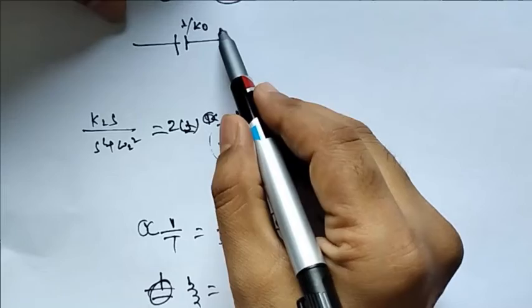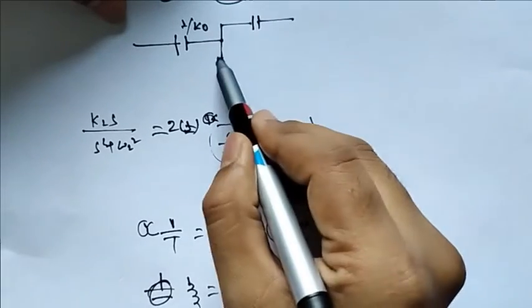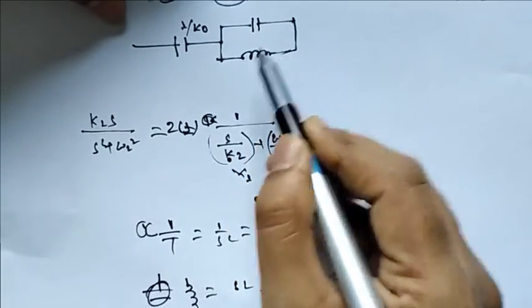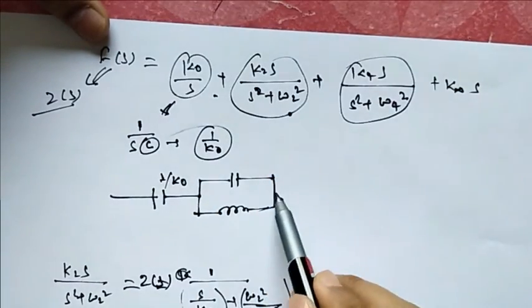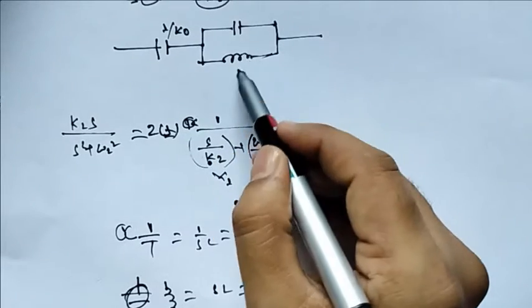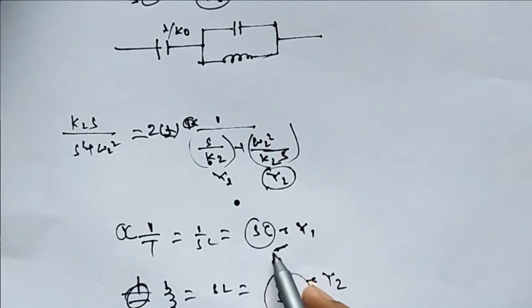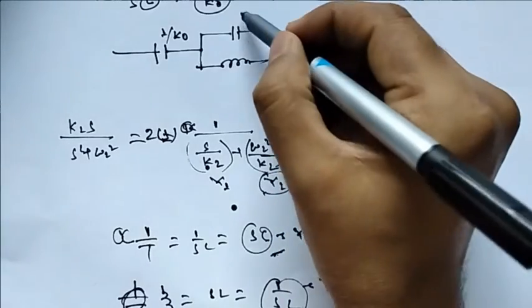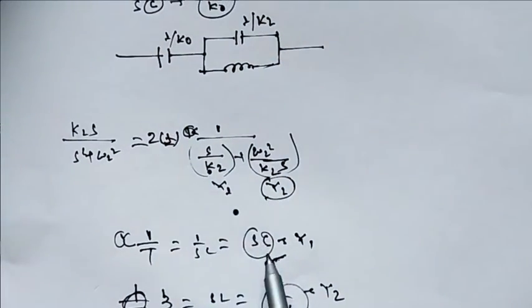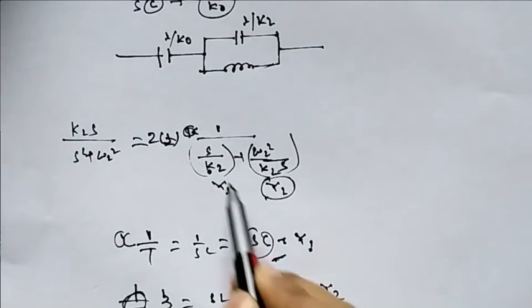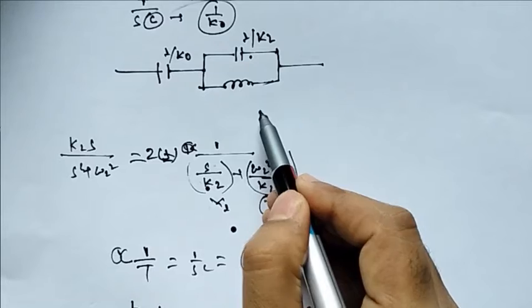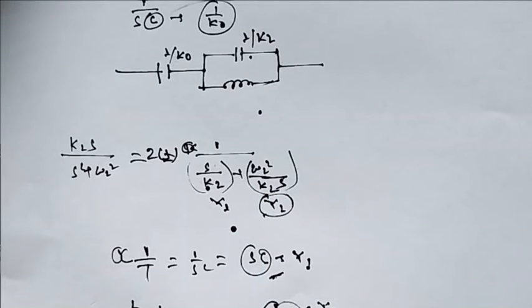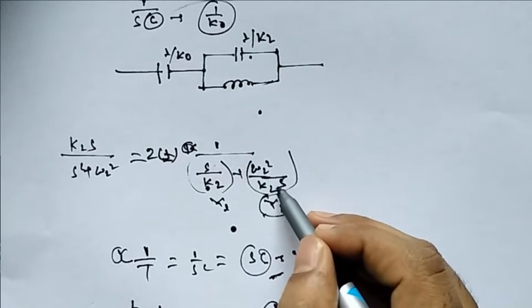This is a parallel addition, so I am making the first addition of this one, and all of these must be connected in series, because this is your series combination. Now what will be your capacitance value? From here we came to know the capacitance value: it will be 1 by K2. From here it is clear. If you compare this one, 1 by K2 S will give your impedance value. And what will be the inductance? If you compare 1 by SL with this one, then L is nothing but K2 by